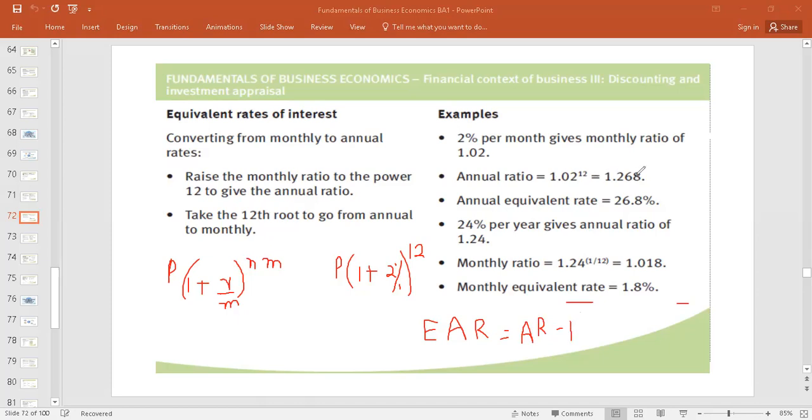So here, if this minus 1 is deducted, it will be 0.268 or 26.8%. Okay, that's how annual equivalent